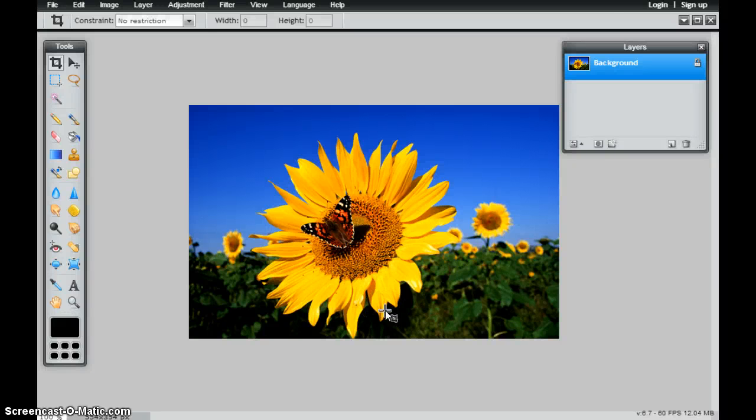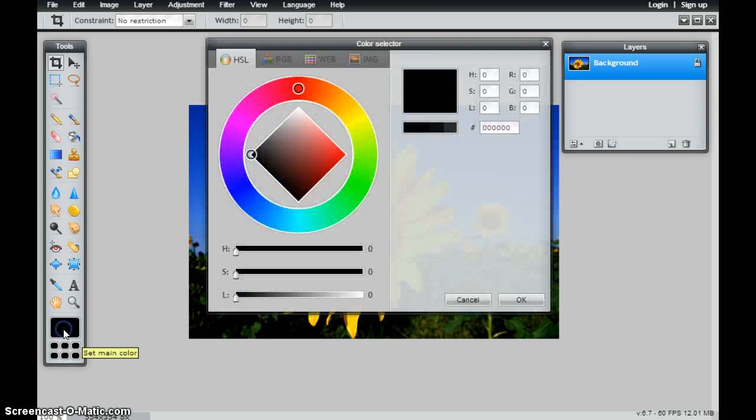In this tutorial, we're going to take a look at the color palette. The color palette is down here, and you have the main color, and then down here it will keep track of the 6 last colors that you used. So if I want to change the color, I just click on this main color large palette, and